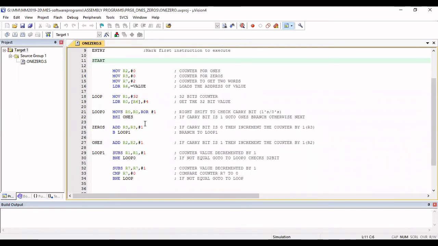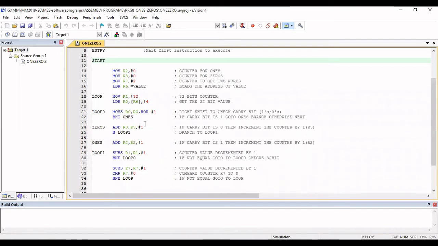So here the carry bit plays an important role. We are not using a shift operation, we are using a rotate operation. When you perform the rotate operation, the bit which comes out from the right side will go to the carry bit. That carry bit is going to be checked, and if it is 1, the ones counter will be incremented, and if it is 0, the zeros counter will be incremented.